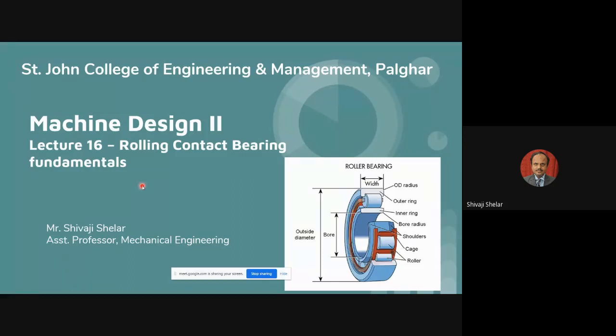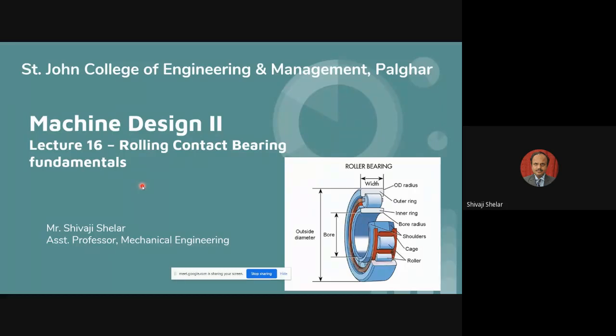Till last session, we have discussed and solved numerous problems on gear design. As you are aware, the gears will be mounted on the shaft, and this rotating shaft, these rotating elements need to be supported in the machine housing elements or wherever support is required. We need to support it such that the rotating elements will be offered minimum resistance. So in such cases, you need to use bearings. That is, the supporting element for rotating components will be called a bearing.